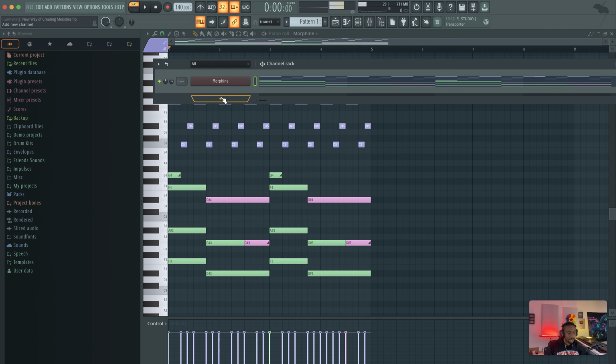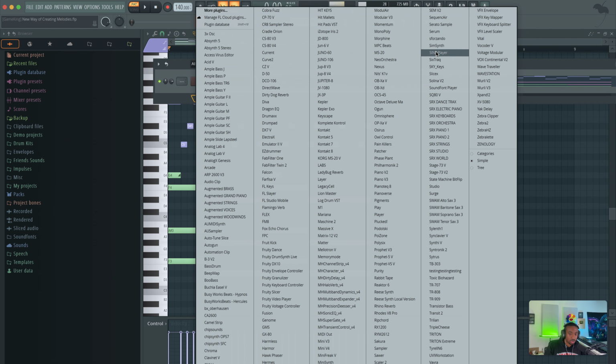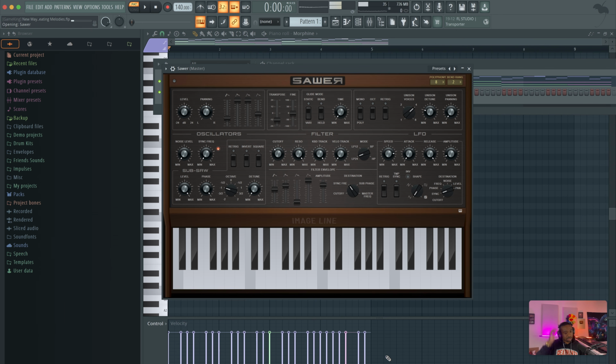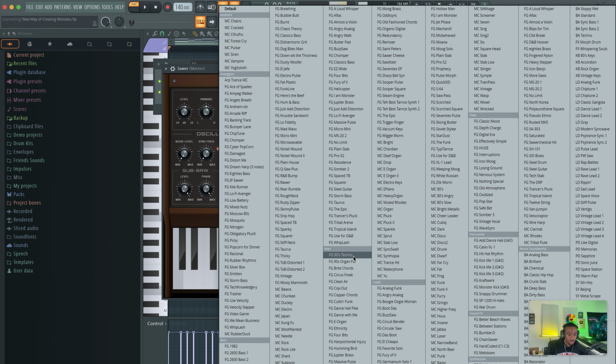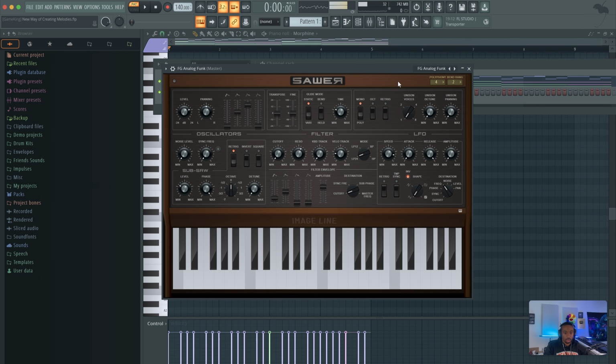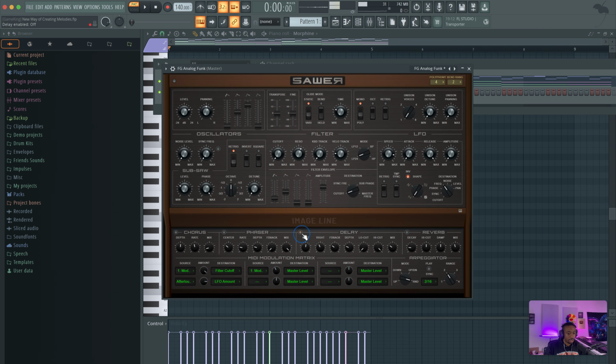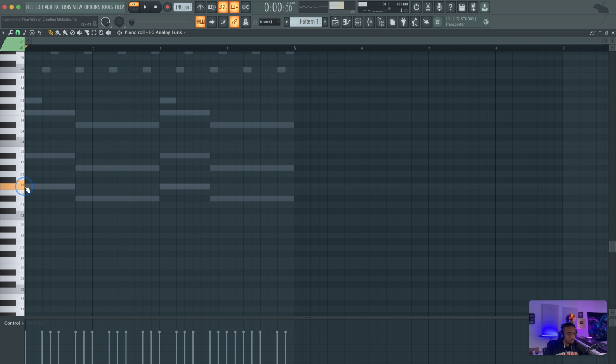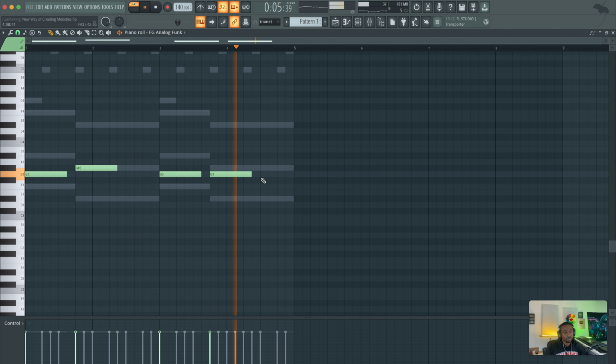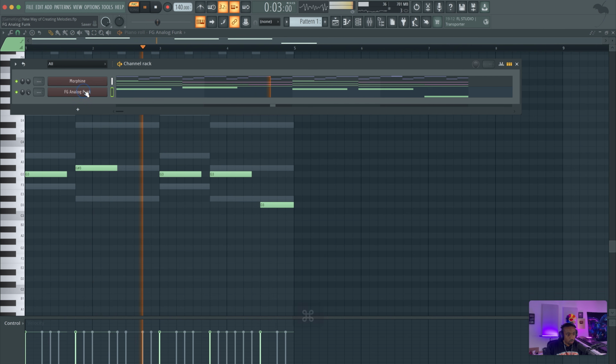Okay, so now we can start stacking the sounds here. Let's go to Sytrus. We might as well show the next layer here. So Sytrus is really good for bass sounds. It's just hidden. So if you go to the presets, go to the lead sounds. Let's go to the analog funk. Take off the delay and play really low notes. Okay, let's do half steps instead. Okay, now let's widen out the sound with some chorus.